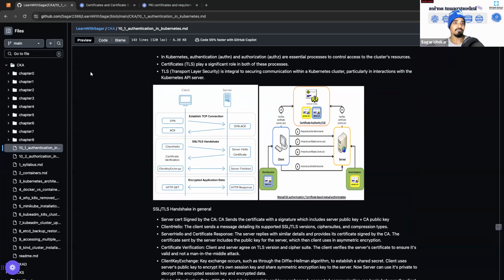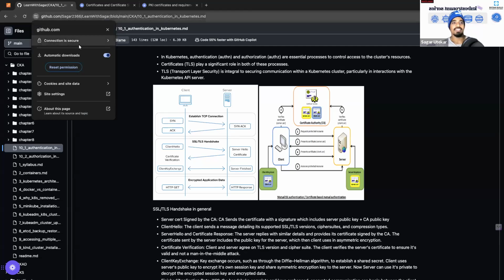To make it very simple, we will not go into detail how the TLS works. But to make it simple, I'll quickly show you. Our browser is also using HTTPS and the TLS protocol, sec for secure communication between this browser and the GitHub server. So if you click on this URL and this icon, it will show this connection is secure, which